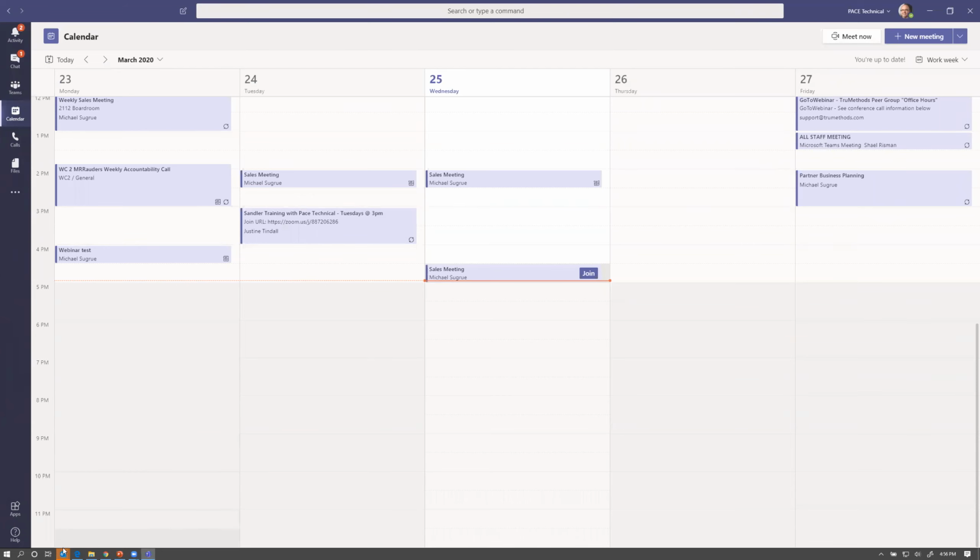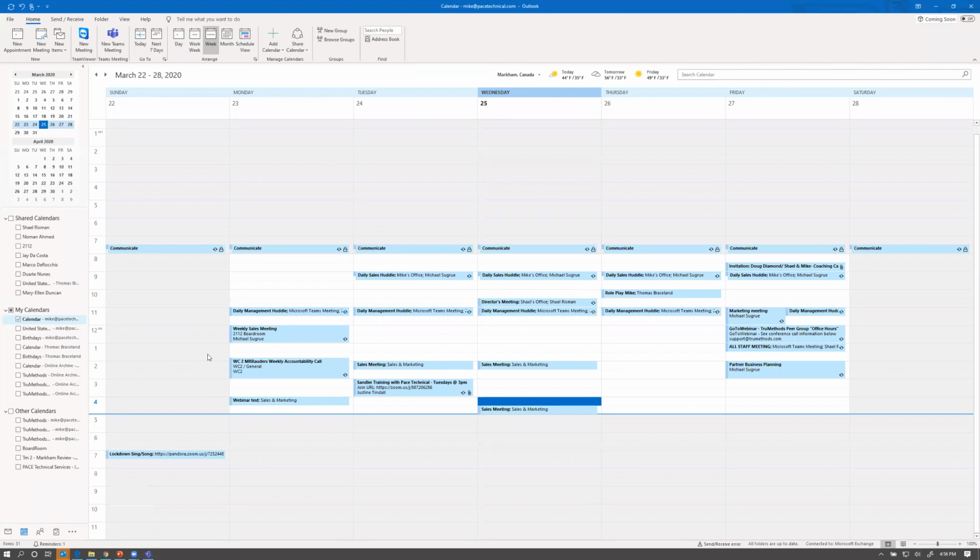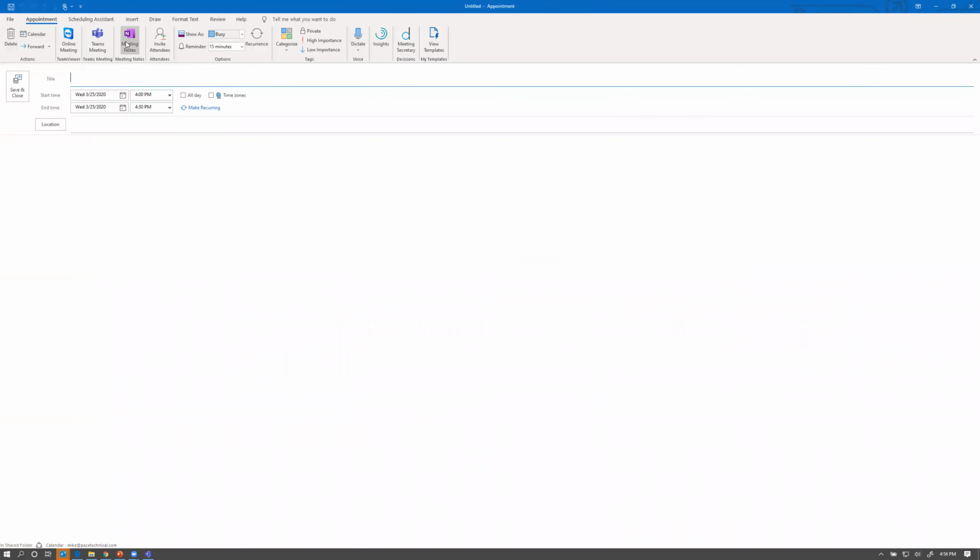The other way that you can join a meeting is just from your Outlook calendar itself. So you'll notice up here, when you open calendars within Outlook, there is an icon to create a new Teams meeting. I won't do it there. If you just open up a new appointment, you also have the option to create a Teams meeting.